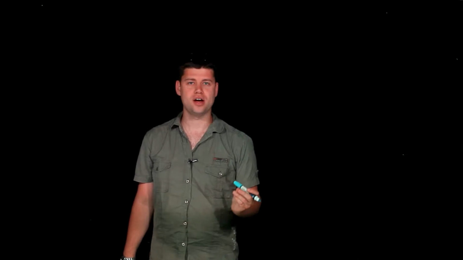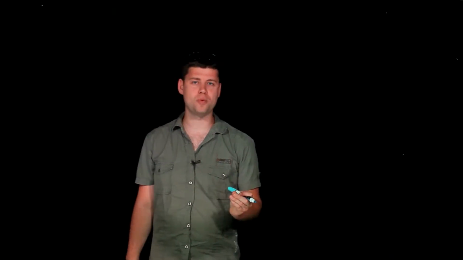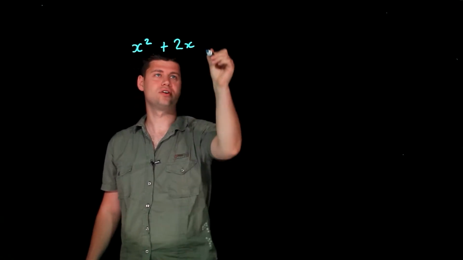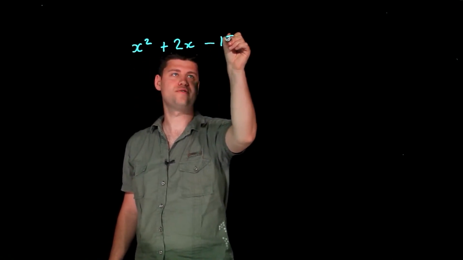So we're going to be looking at factorising quadratics, and this time we're going to be looking at a particular element that's slightly different. One thing we need to bear in mind when we are factorising a quadratic is that it's not necessarily the case that the numbers will both be positive. So if we were to look at this example here, which is x squared plus 2x minus 15,